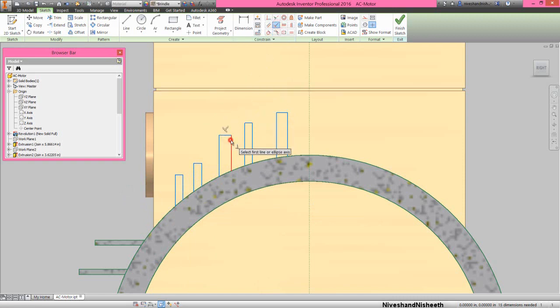Now we will apply the constraints and dimension on these sketches.